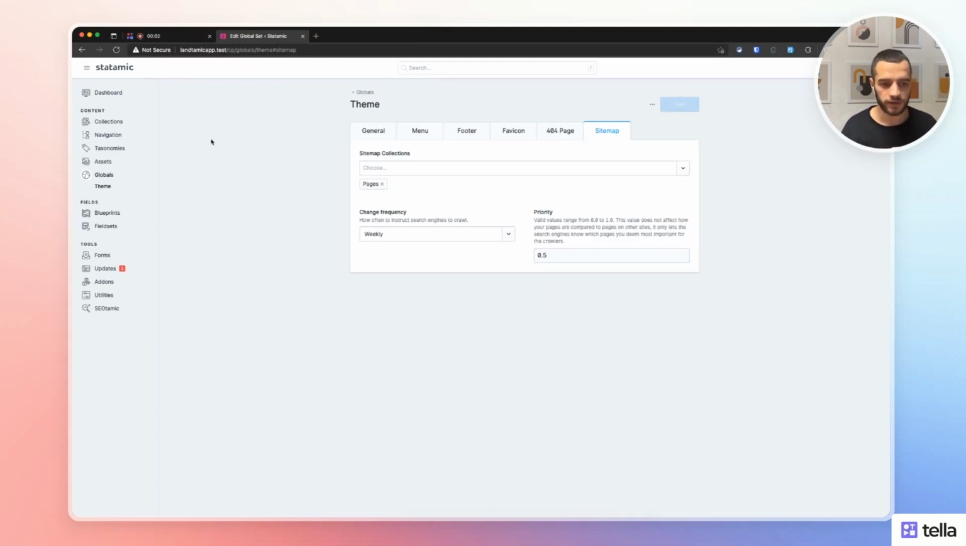Here we have the settings for the sitemap. It's pretty straightforward. We have a sitemap collection. In this case, we chose pages. You can select posts, and you have the change frequency, which can be weekly, monthly, yearly, and then the priority when the crawlers should crawl